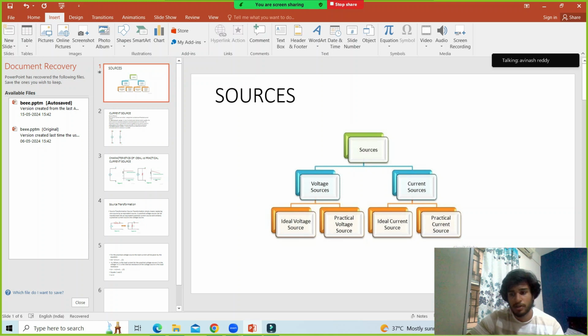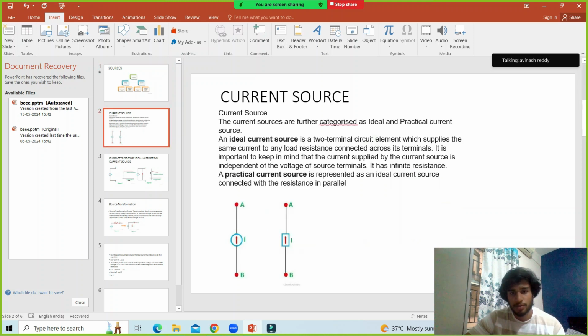For an ideal voltage source, the impedance or resistance will be zero. My topic is current sources, so I'll be covering current sources in detail. So, coming to current sources,